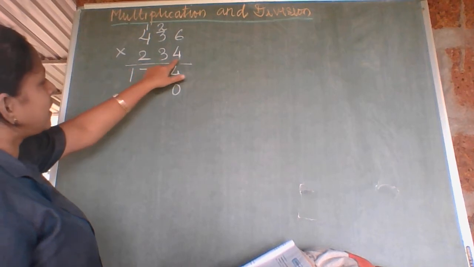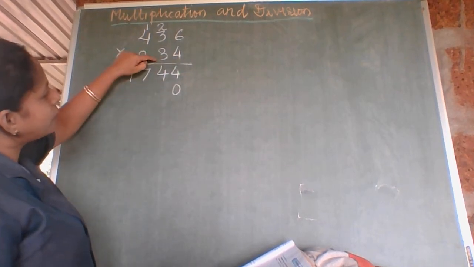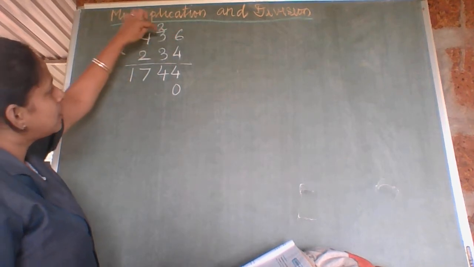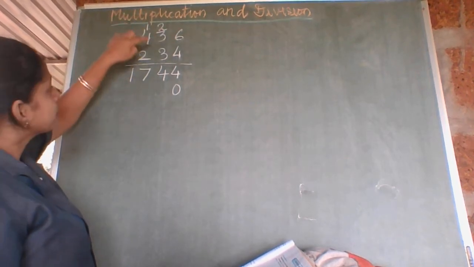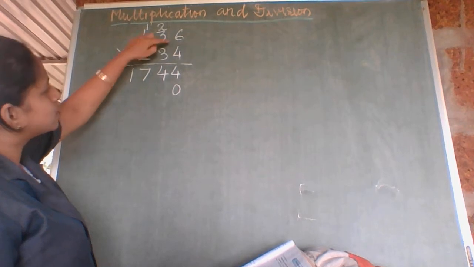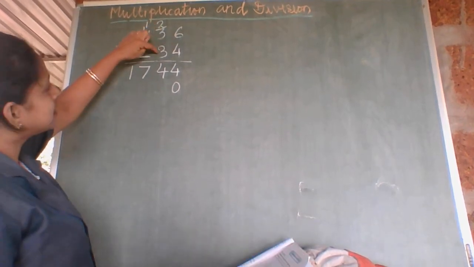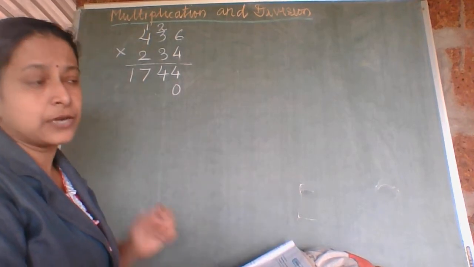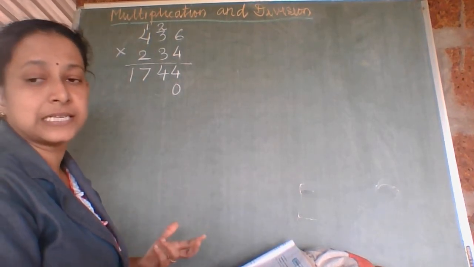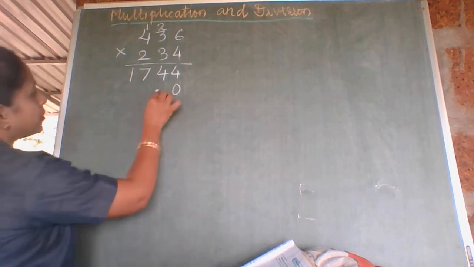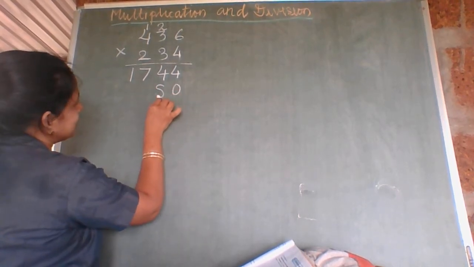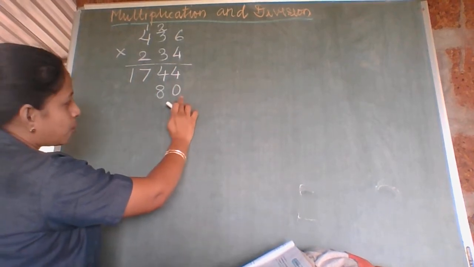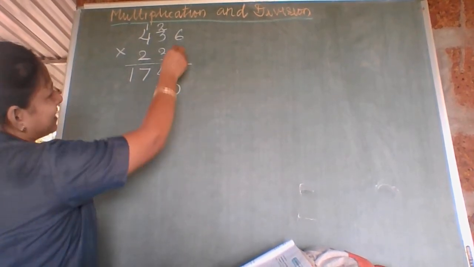Now what you have to do, we have finished with 4. Now we have to go for 3 tens. Okay, you have to multiply these 3 tens with all these 3 numbers again. So when we multiply these 3 tens with the first 6 units, so 3 6s or 6 3s is 18. Okay, 3 6s are 18 or 6 3s is 18. Okay, so what you will do, you will write this under the tens place. Okay, under the tens place, because units place is over, and now what you are getting is actually 6 3s